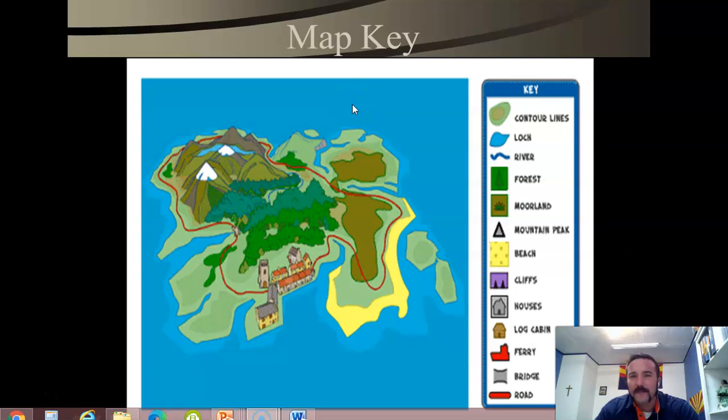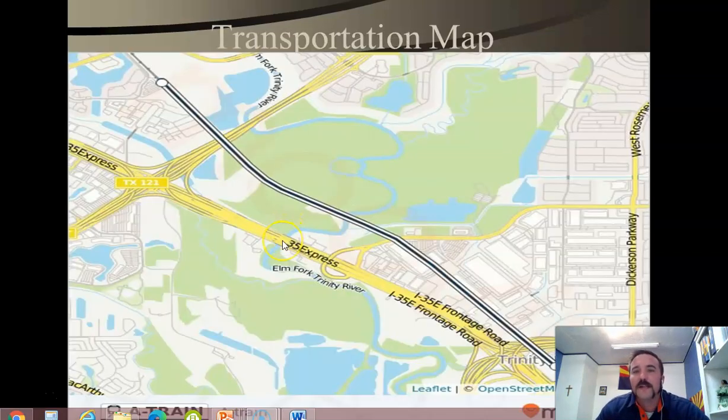And again, a little bit of a different map, but if you're wondering, wow, what is all this stuff? You have to look at the map key. You have to look at the map key so you can understand, okay, this yellow part is a beach, right? And then all this other different stuff. This is the moorland, which means a swamp and forest, so on and so forth. That's what you got to focus on today